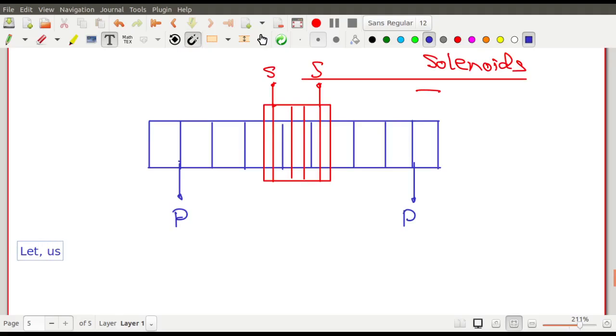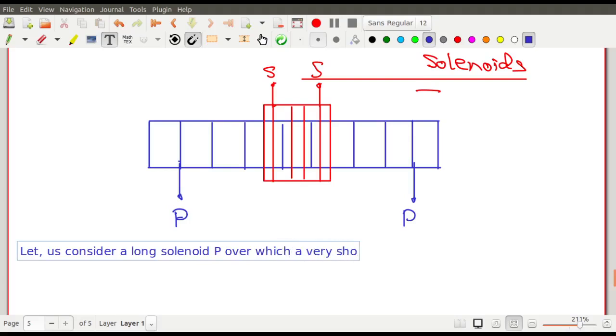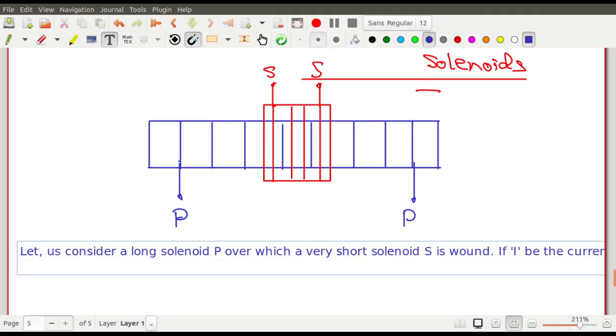So let us consider a long solenoid, capital P, over which a very short solenoid, capital S, is wound. If capital I be the current flowing through the primary,